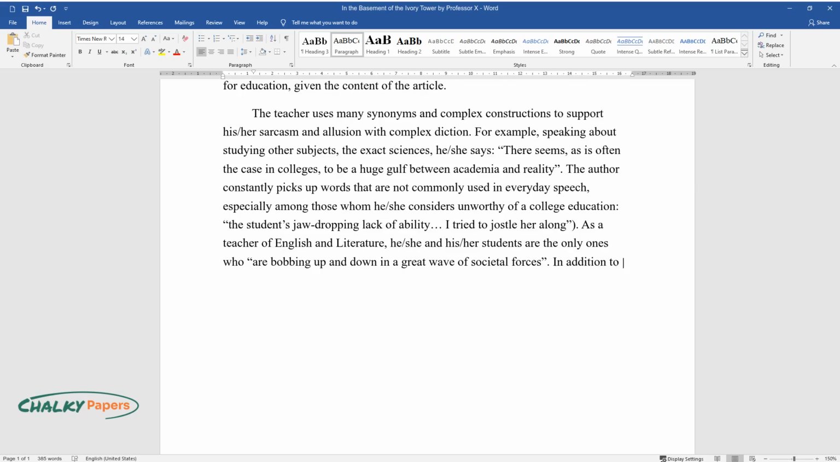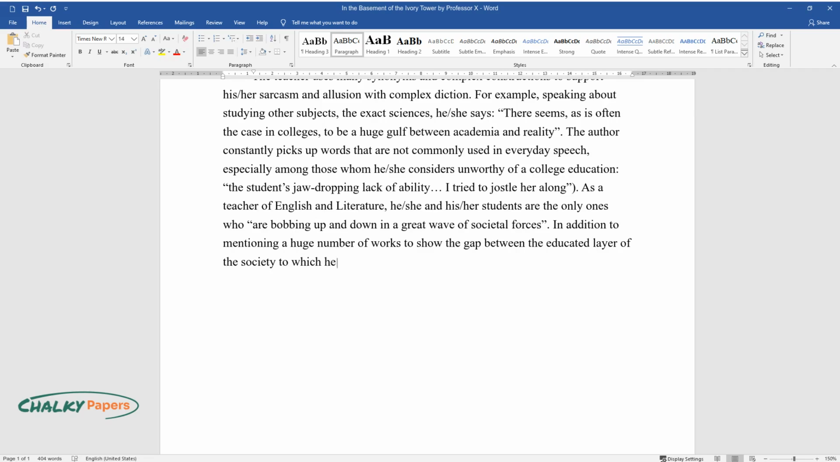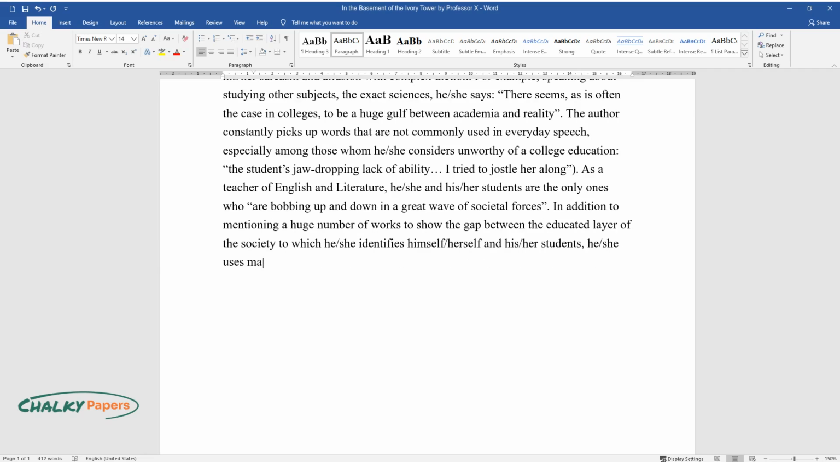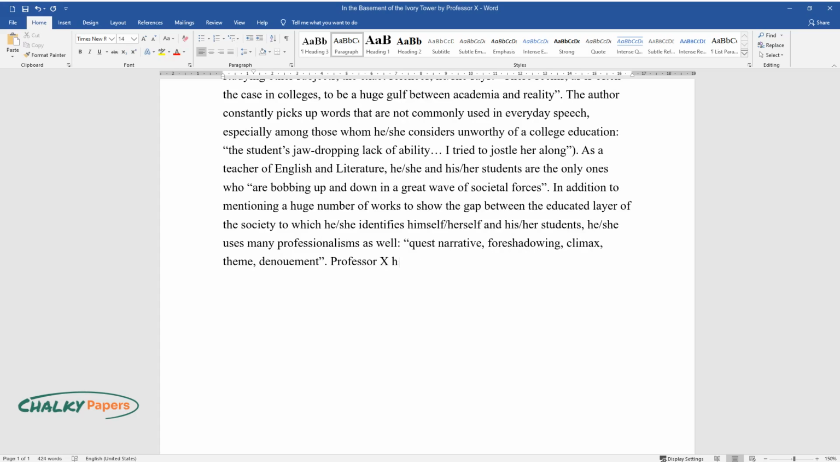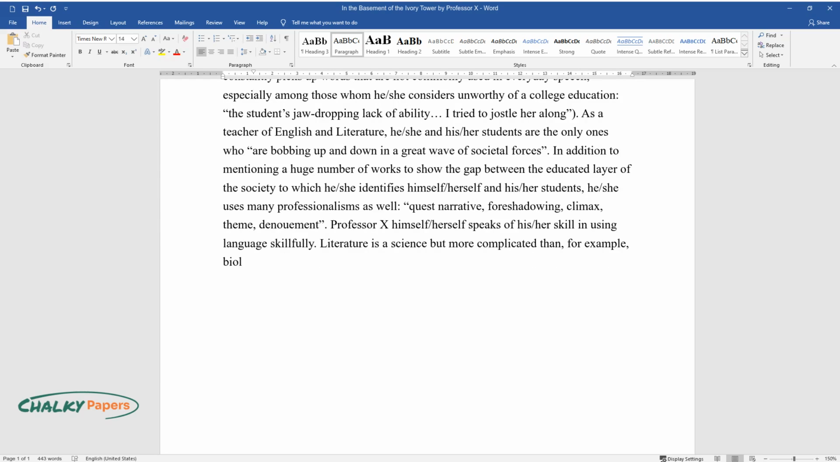In addition to mentioning a huge number of works to show the gap between the educated layer of the society to which she identifies herself and her students, she uses many professionalisms as well: quest, narrative, foreshadowing, climax, theme, denouement. Professor X herself speaks of her skill in using language skillfully. Literature is a science but more complicated than, for example, biology, where there is no need to think but only